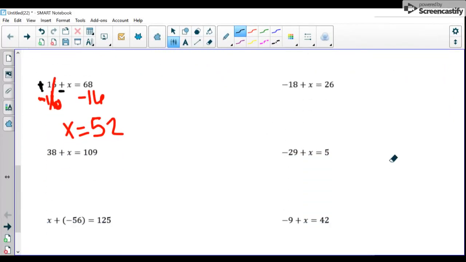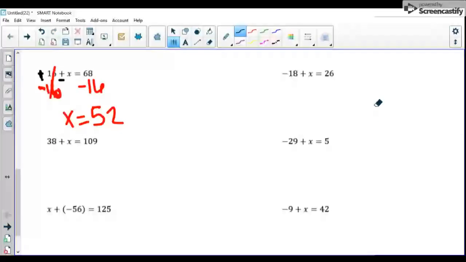I'm going to scroll down here. So I know I told you guys that you usually won't see negatives because that's usually an accelerated topic or 7th grade topic, but I kind of lied. And not on purpose, not to be mean, but I kept the negatives in here because you need to understand